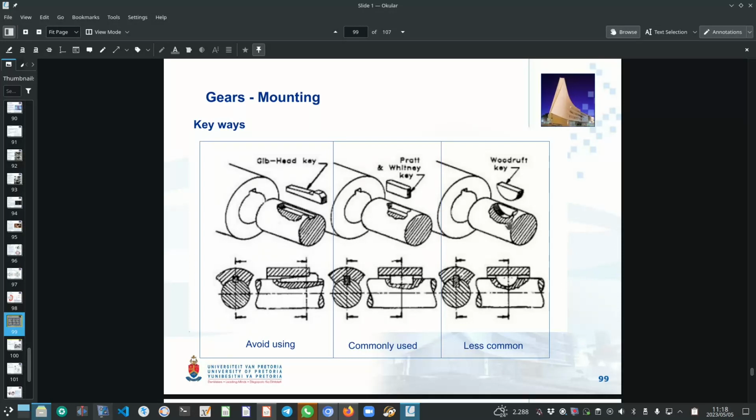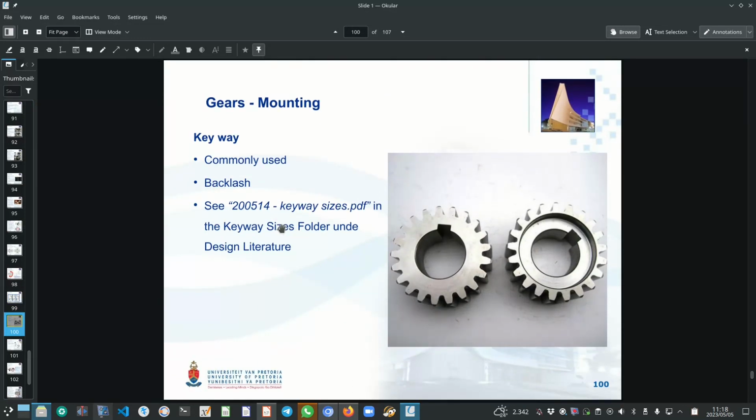Okay, so as I said, it's something that I haven't come across often, but I have seen this Pratt & Whitney or parallel key in a number of applications. Alright, so just in terms of how it is applied on gears, it is commonly used, as I said. There is backlash now between the connection of the gear and the shaft. There is backlash because